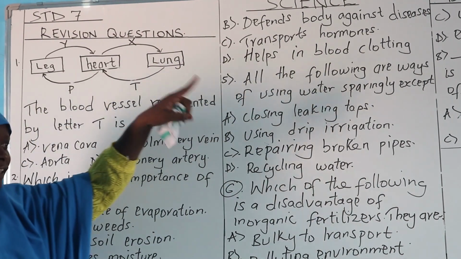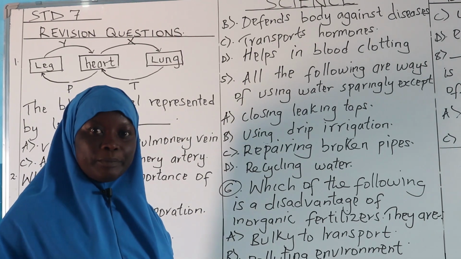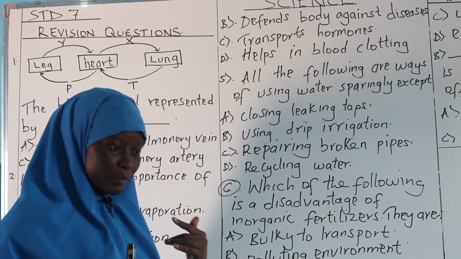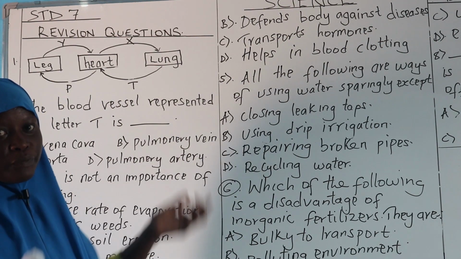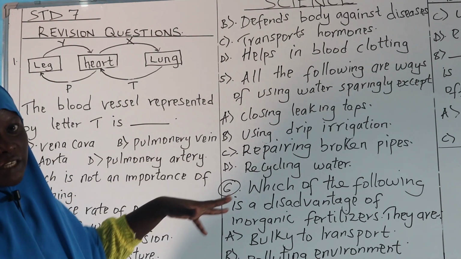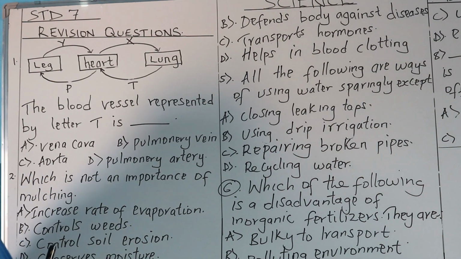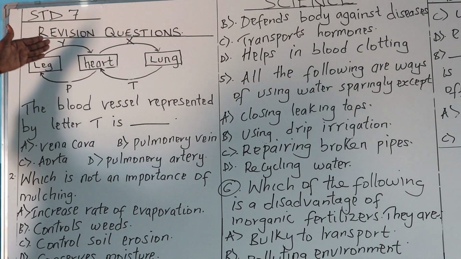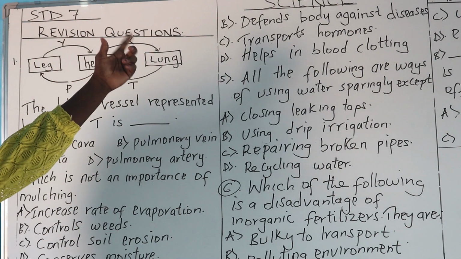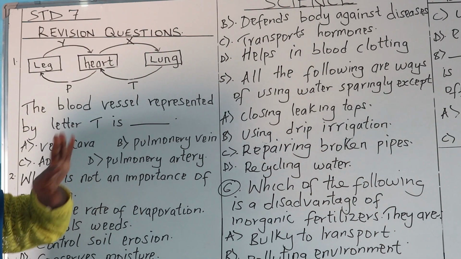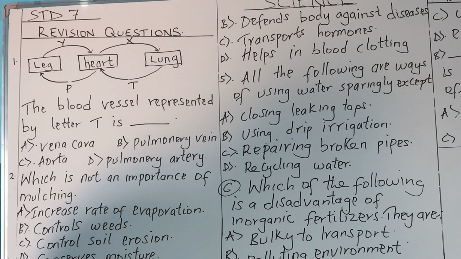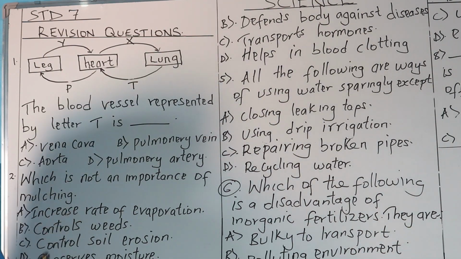We know that all the arteries, their function in the blood vessel is to take blood. All the arteries, their work is to take blood away from the heart. All the veins bring blood into the heart. So the first thing you have to realize here, which ones are the veins and which ones are the arteries. Then from there you decide their names. Which one are the pulmonary vein, pulmonary artery, vena cava, and the aorta.